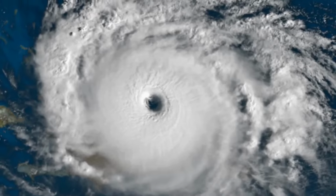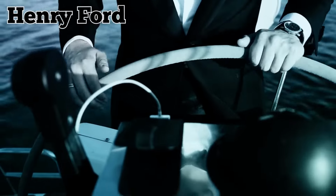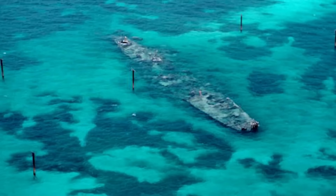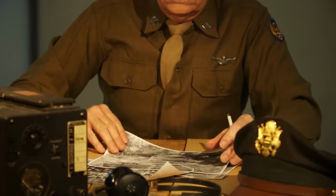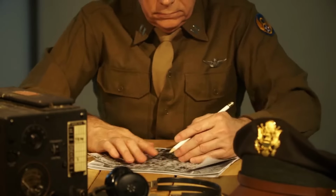heap of metal. It's rumored to be the remains of Henry Ford's private yacht, the Cialia, which also went by the names the Patricia Target ship and the Old Patricia Target. The vessel was originally called the USS Coral. The 214-foot yacht was built in 1914. Henry Ford bought it during the 1930s, and it was reacquired by the Navy in 1940 for service in World